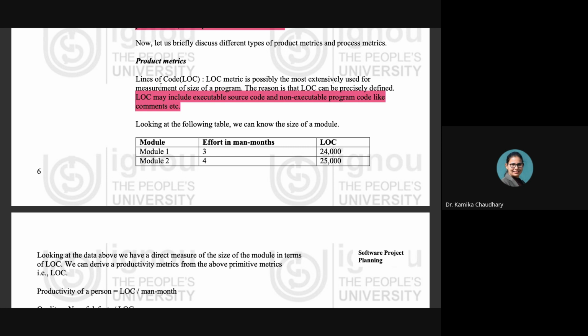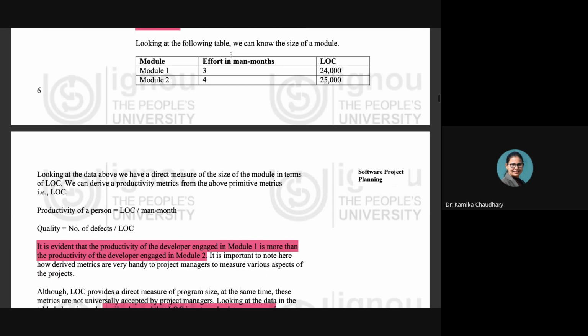So lines of code include everything, every line which is present in the development of the software. Every line present in the coding part of the software is going to be calculated by the lines of code. Now we are going to look at this table which is present in front of us,